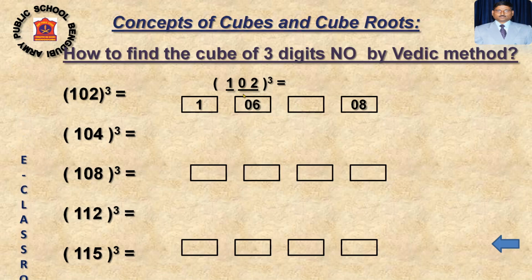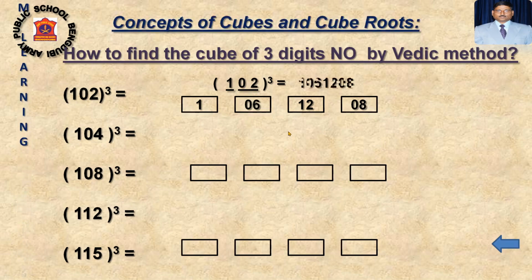2-digit answer, I told you. Now again 2 square is 4. 4 into 1. 2 square is 4. 4 into 1 is what? 4. 4 3s are 12. Plus, so all having that two digits answer. First digit you can leave. You can imagine there is a 0. That is meaningless. So now 102 cube equals to